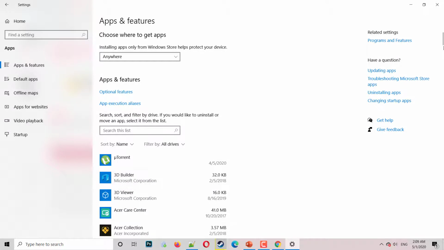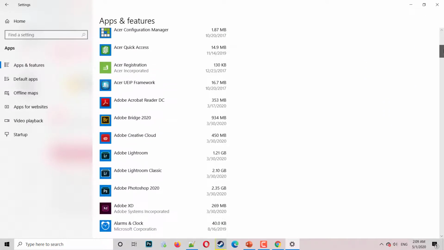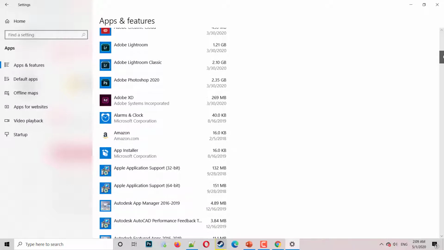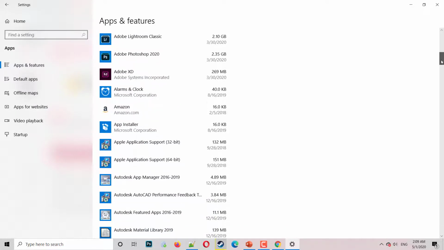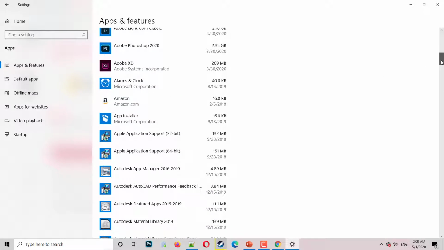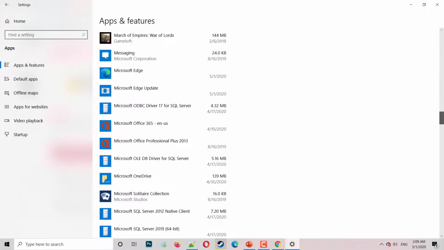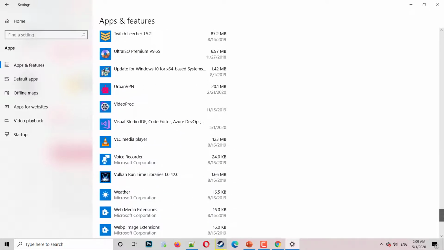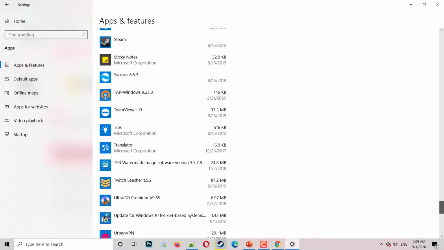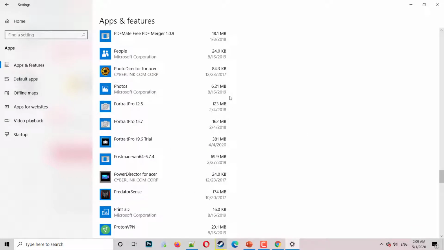There might be things like alarm clocks, Bubble Witch 3 Saga, and so many other default applications that come with your system that make your system slower. So you can uninstall those applications or disable them, and it will make your system quite fast.